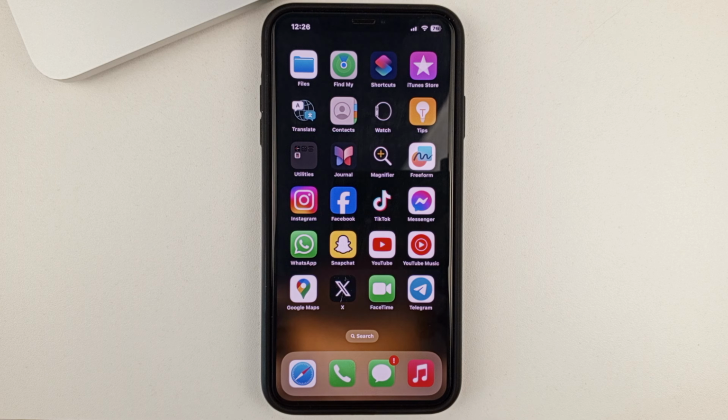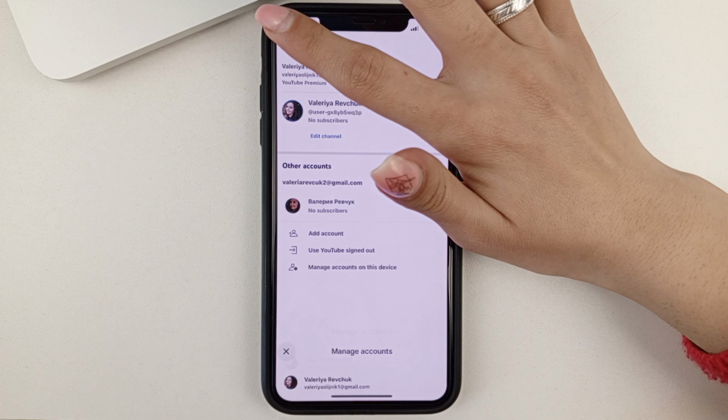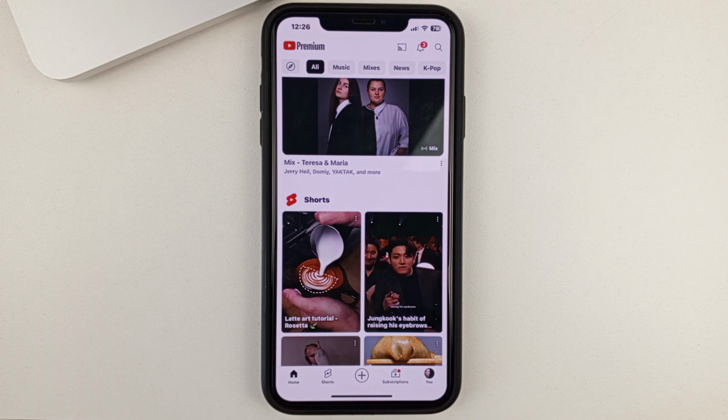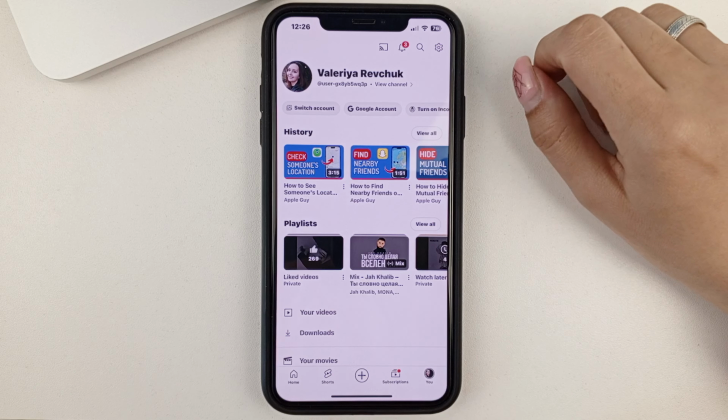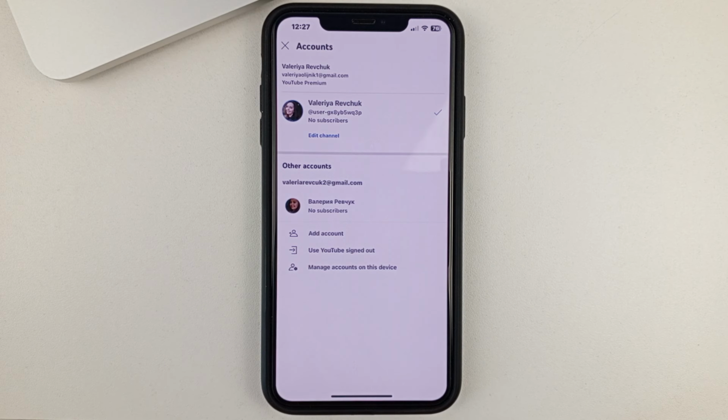And let's get started. So, first of all, you're going to need to, of course, open up the YouTube app. And once you open the app, on the home page at the bottom, you select your account, you go to it, and here you choose at the top to switch to another account. You can have one account, or you can have two like me, or you can have a lot more accounts.